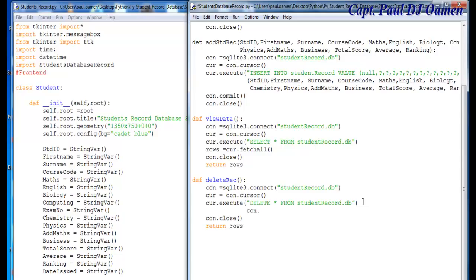Dot commit, and get rid of the rows. So this is going to be delete from student record, get rid of this, and we need to get rid of this database as well. Alright, that will be where